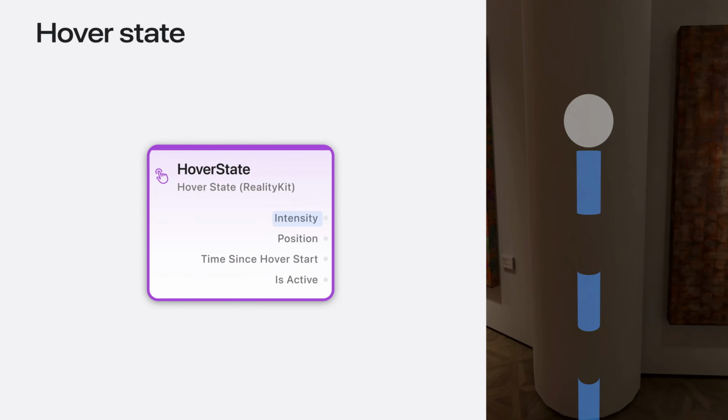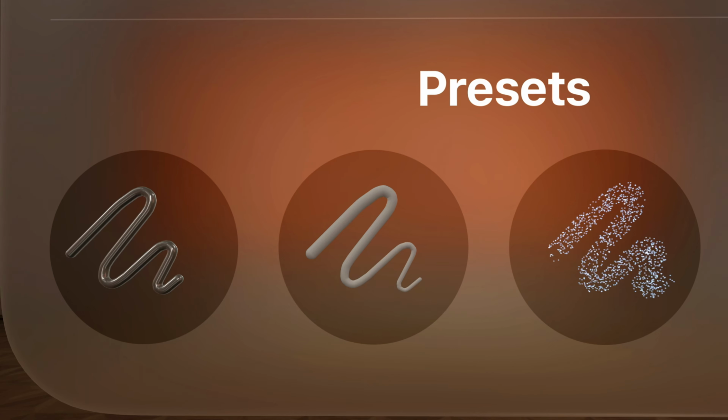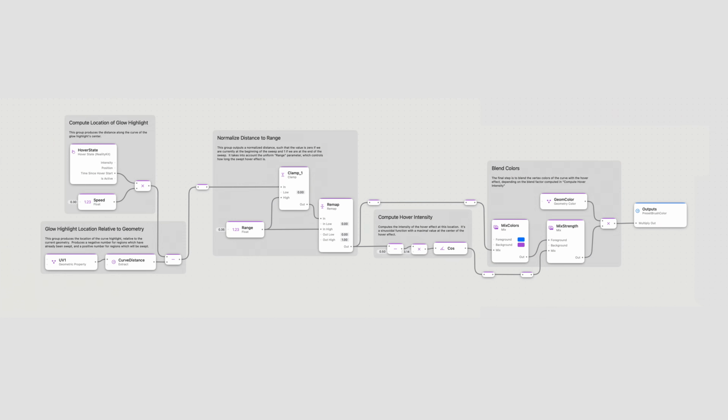For example, intensity is a system-provided value which animates between 0 and 1 based on gaze state. You could use the intensity value to recreate the highlight effect like we saw earlier for the canvas handle. For the preset view, however, we would like to achieve a more advanced effect. The glow effect should sweep along the brush mesh from the beginning of the brush stroke to the end. To achieve this complicated effect, the app uses a shader graph material. Let's walk through the shader graph together.